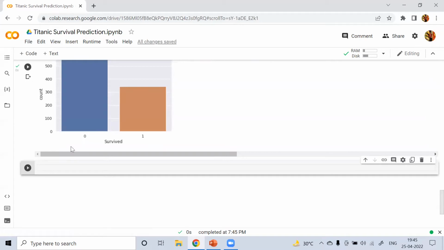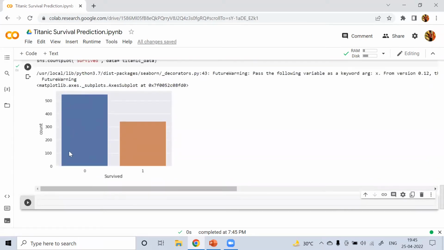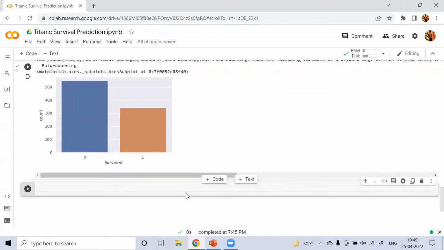You can see that 0 indicates the persons who died, and 1 indicates the persons who survived. So we can visualize these two counts.